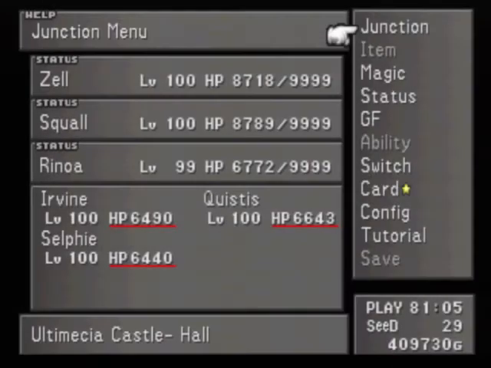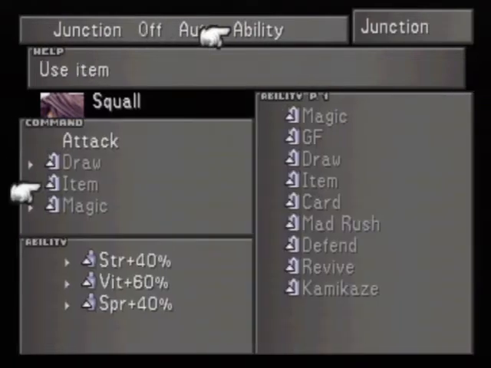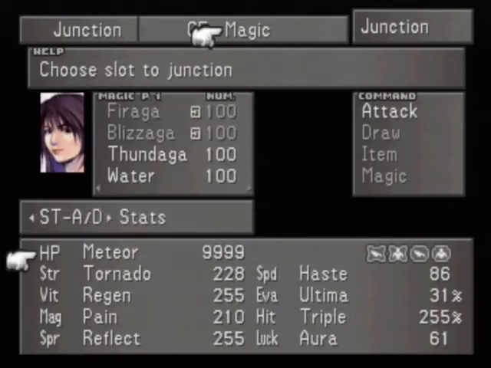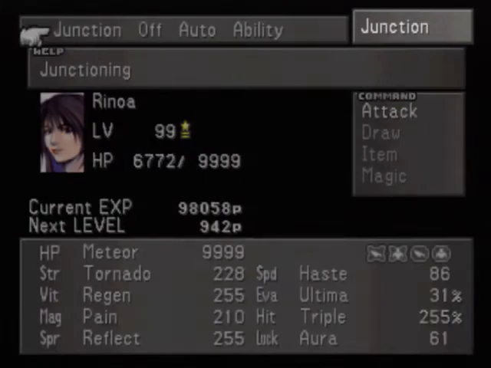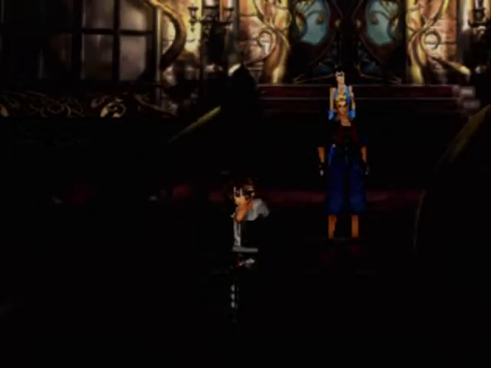Alright, now, remember when I set up the junctions, I wanted to do something about Squall's lack of a fourth ability slot and Renoa's inability to junction 4 on her elemental defense. Let's go take care of both of those in sequence. I might be able to do both of them this episode, but there's quite a bit we've got to do. So first of all, I actually want to